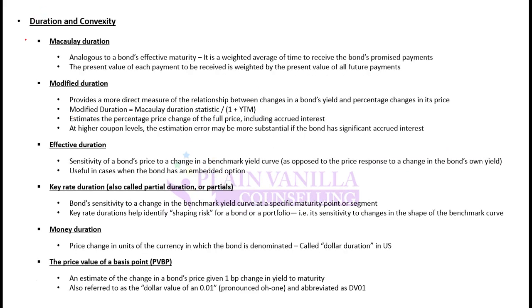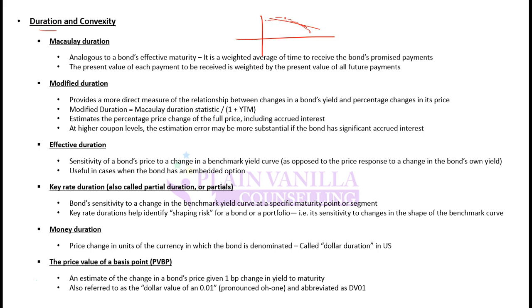Moving on, duration and convexity. You already know what duration is. Duration is the change in value or change in price with respect to change in yield, or change in interest rate, or change in some kind of benchmark rate. Duration is known as the first order effect. That is, how much will the price change if yield changes, and duration assumes a linear relationship between price and interest rate. But in reality, the relationship is not linear. The relationship is in the form of a curve.